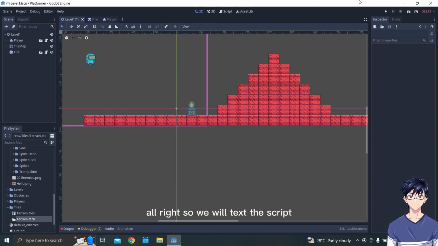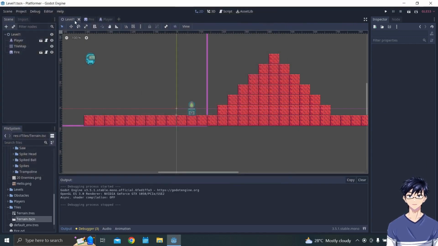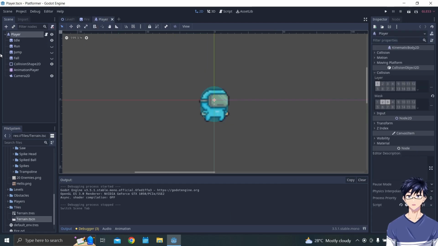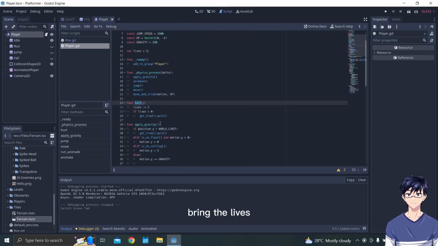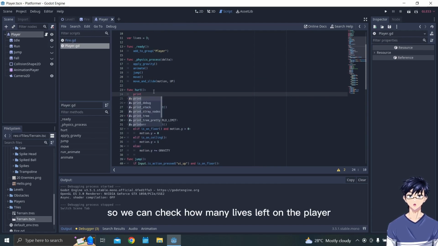All right, so we will test the script, but we need to print the lives so we can check how many lives are left on the player.